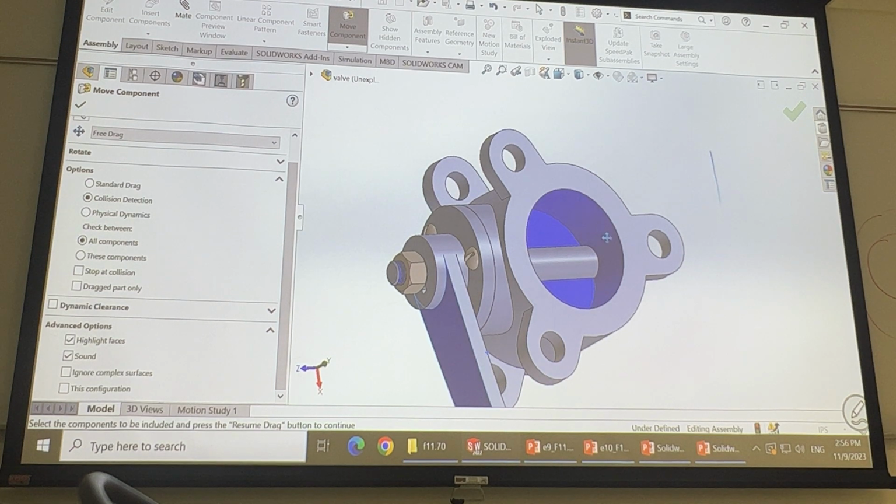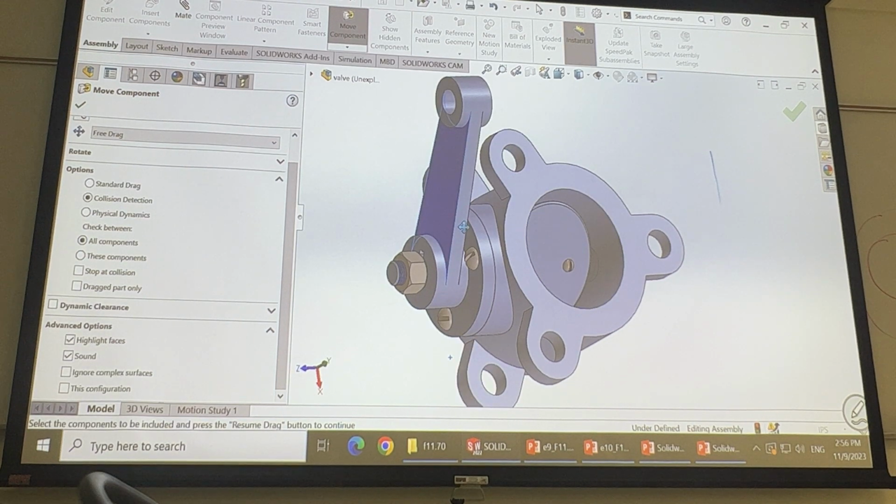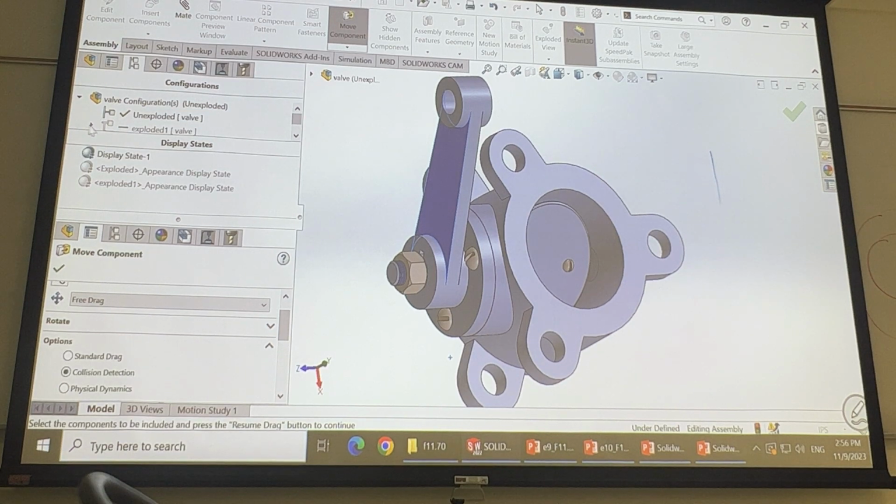So it has a collision. You cannot rotate it. Okay, this is the final assembly, right? And we will learn how to make two configurations, which means